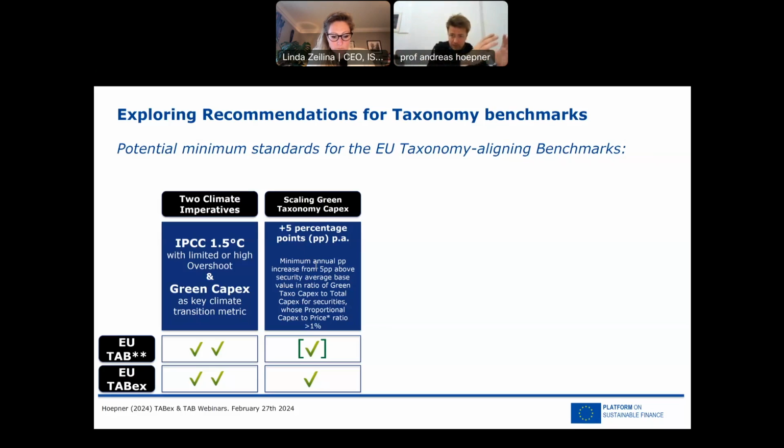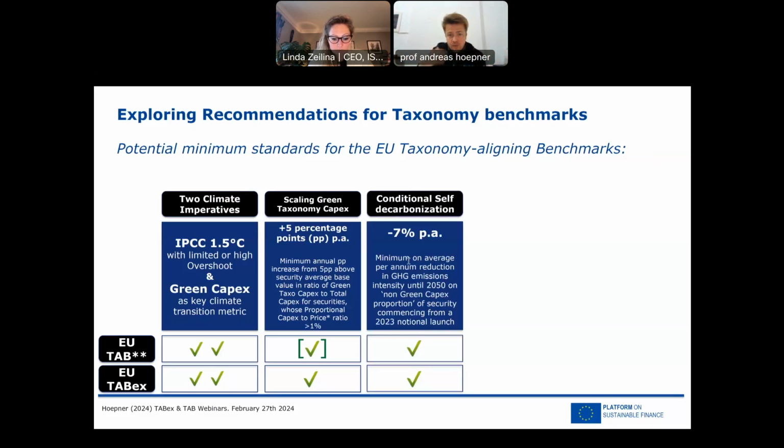And so the beauty here is that we have 2 types of securities. We got capex securities, who are supposed to green, and we got non-capex securities, and they decarbonize just as normal, 7% year on year. So that 7% year on year is the decarbonization that we expect of everybody, except for those that have proportional green capex. They get a holiday for that particular fiscal year only. So if you have 50% green capex one year, you get a holiday. If you get 0% green capex next year, you wouldn't, and the other way around.